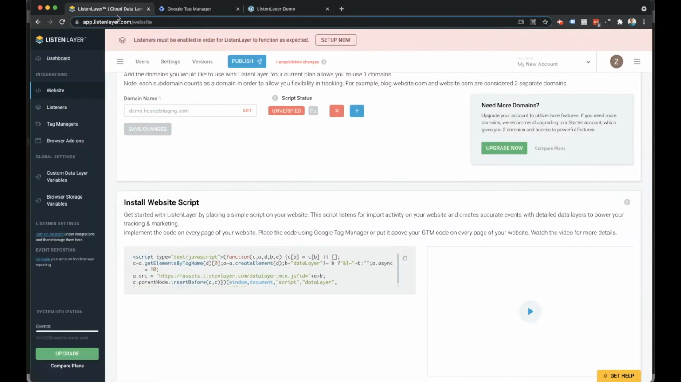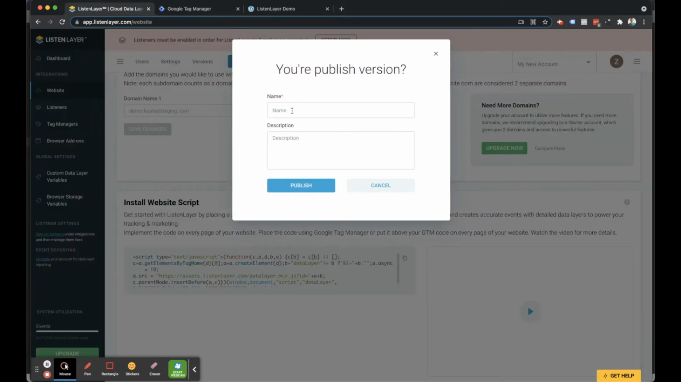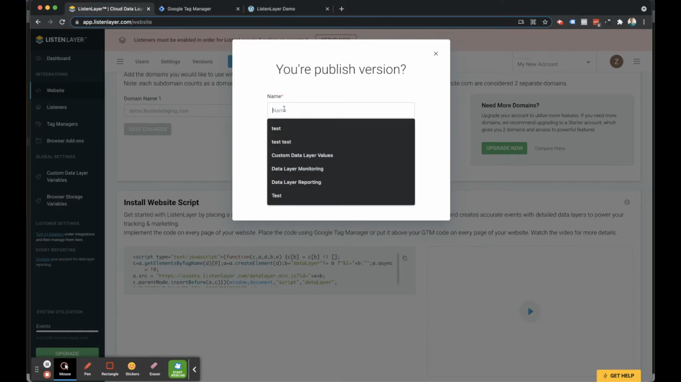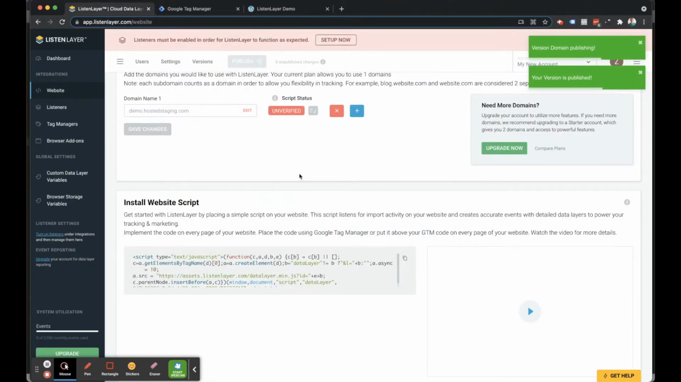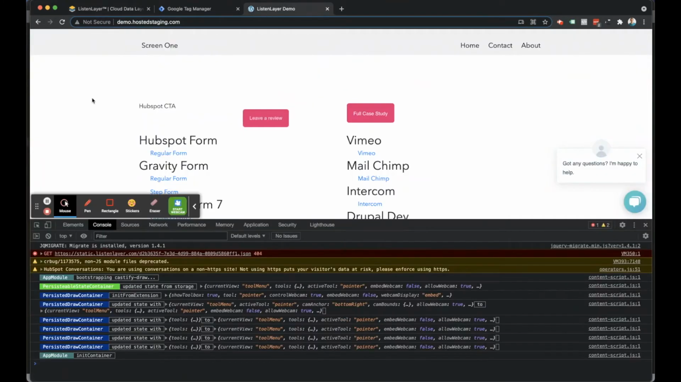Make sure that you jump back to your ListenLayer and publish your changes. Similar to Google Tag Manager, all changes will need to be published before they go live. In this case, we added our domain name and we forgot to publish. Let's just create a version called domain and we'll go ahead and publish. Now we can navigate back to our website,